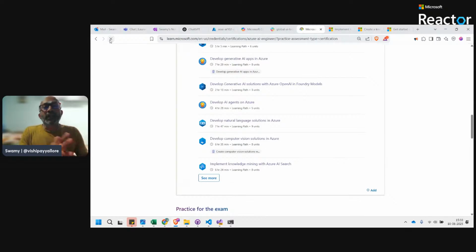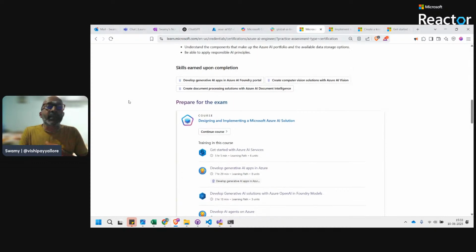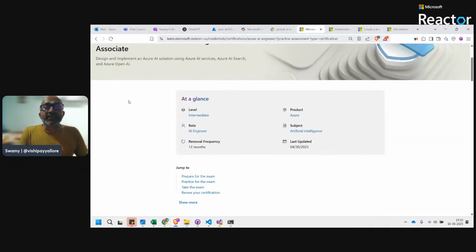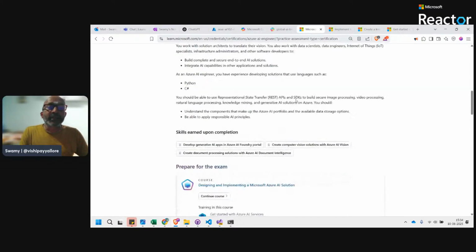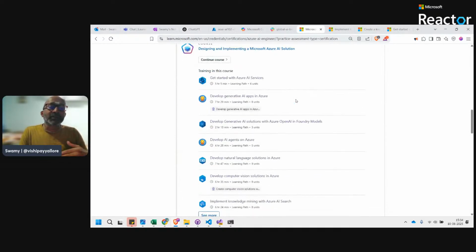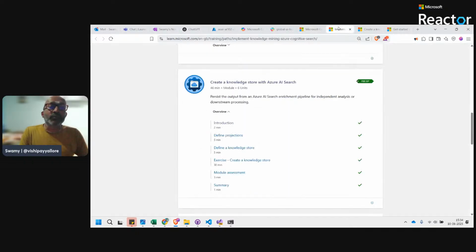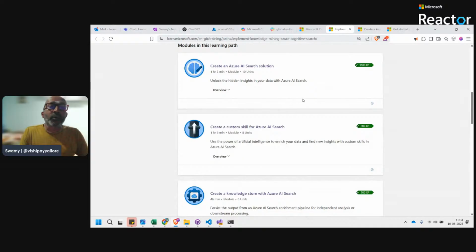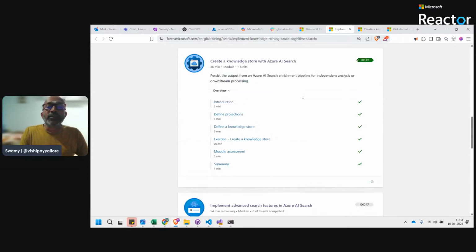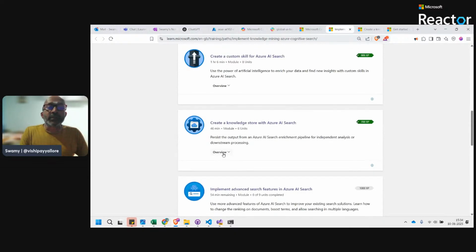A lot of enhancements and changes have happened since we started this series, and on April 30th there was a major change. We see a lot of reshuffling. So what we discussed is, along with the sections we are doing, we'll come back and backfill some of those. We started with the search and completed three modules: module 1, 2, and 3. Today we are working on the fourth module. Sorry, the third module.